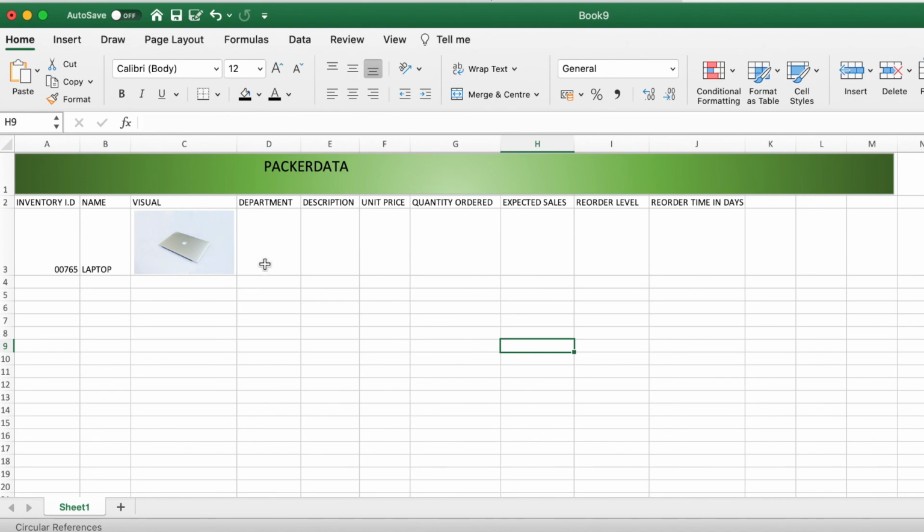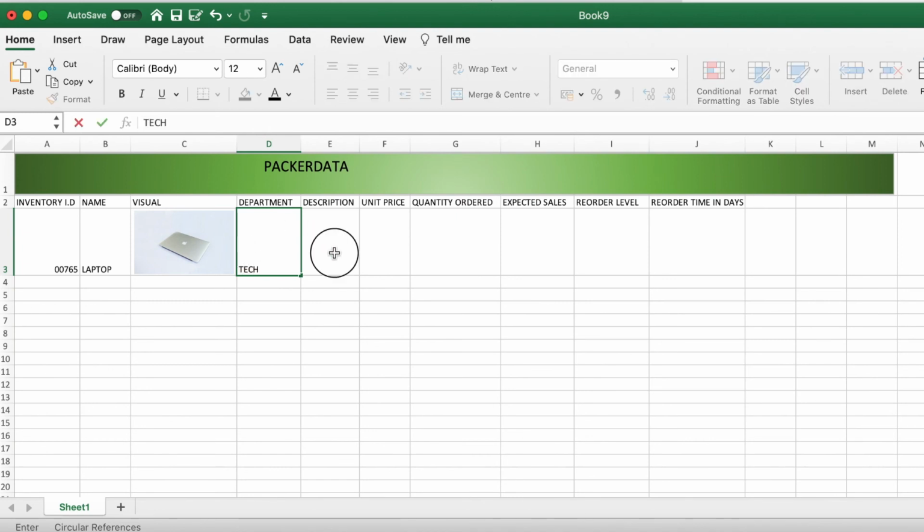So that should help you do that. And then we'll move to department. The department is tech in this example, and then we'll move to description,